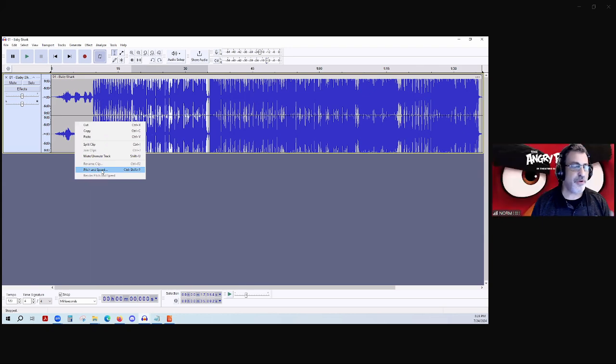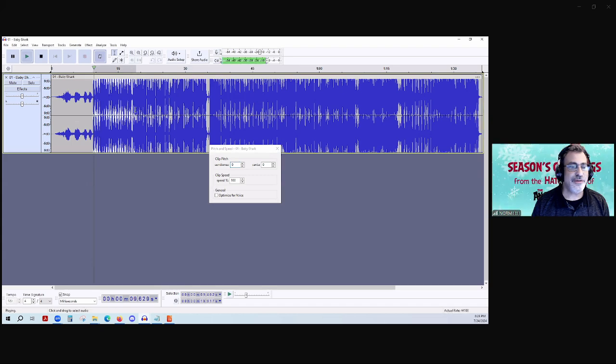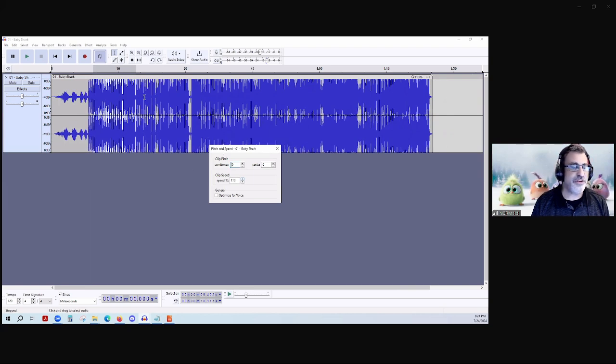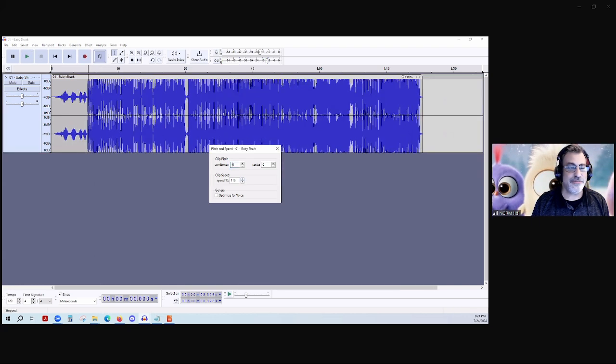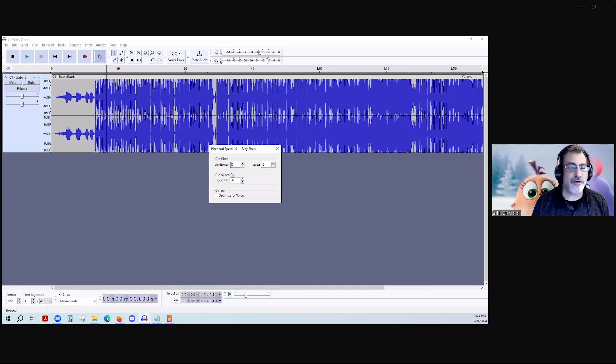Pitch and speed, we all know that we can raise the pitch. Let's say I want to increase the speed of the whole thing, because it'll do this. This actually does it for the whole track. You can also do it for a section. We'll go ahead and do that. You notice I've increased it. I can decrease it. Again, you may have a need for that. There are uses for that.